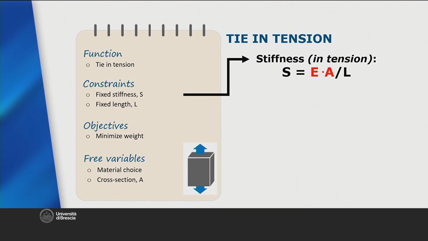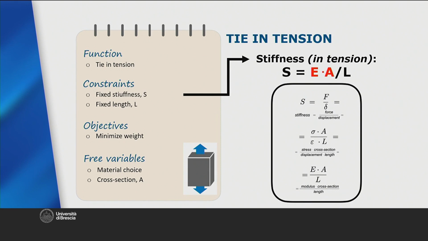The equation is a well-known solution, but for those who want to trace its origin, the steps are shown in the box. We start from the concept of the stiffness of the piece as the ratio between a given force and a maximum acceptable displacement. The force can also be expressed as the product of an axial stress and the cross-section of the bar, while the displacement can be expressed as the product of the induced strain and the initial length. Finally, considering that the ratio between stress and strain in the elastic range is the Young's modulus, we arrive at